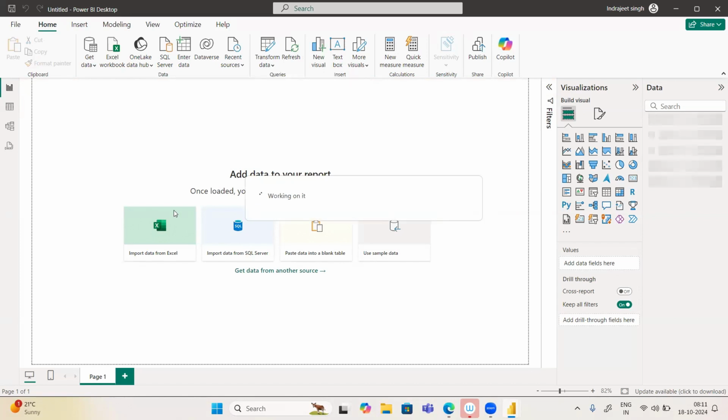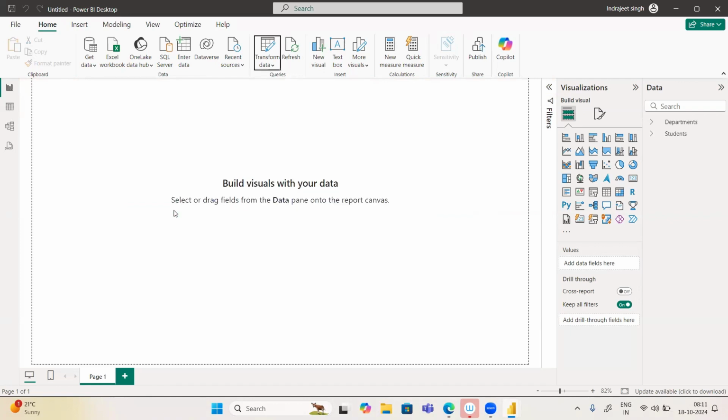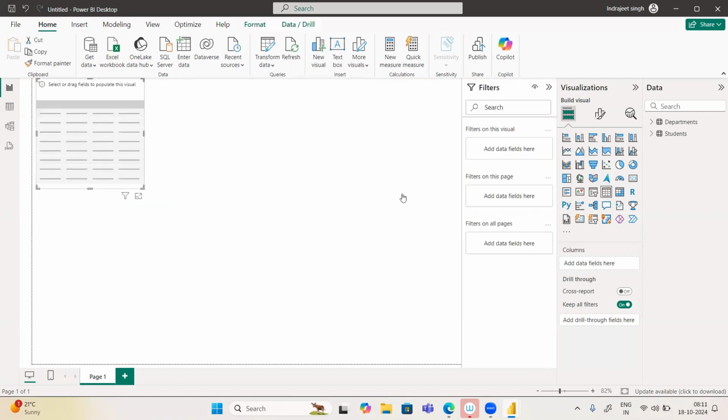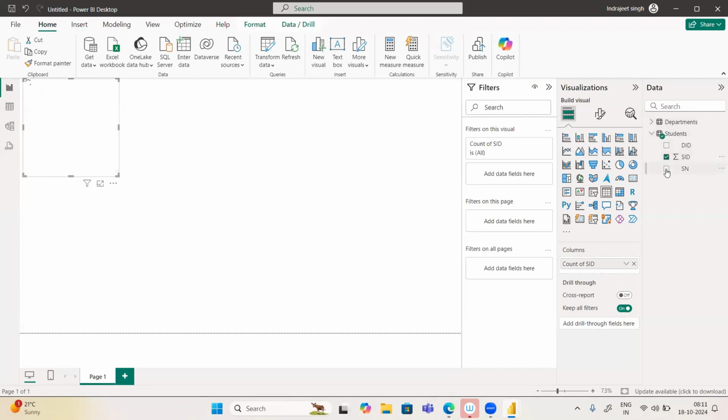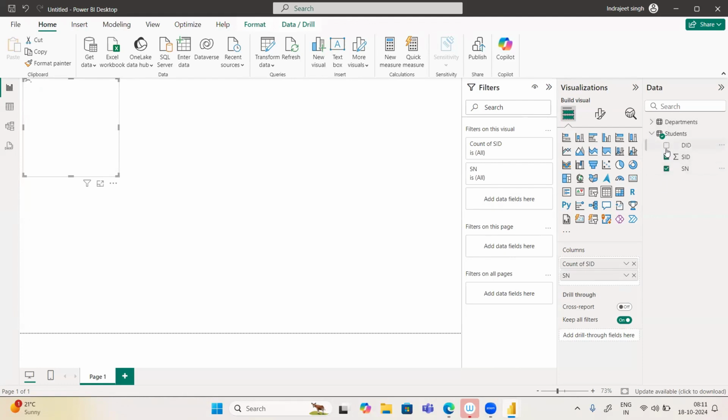First of all, let's see what problem we will face if relationships are not there. So let us try to build a simple visual, that is the table visual. A table visual is kind of a table that will get created here. Suppose I want to get the student detail here. I want to get the student ID, student name, and